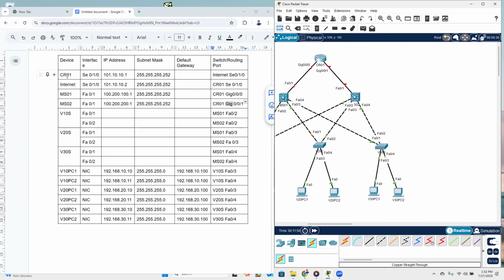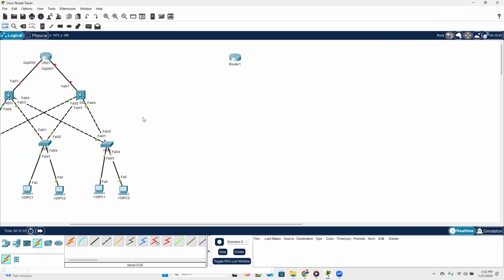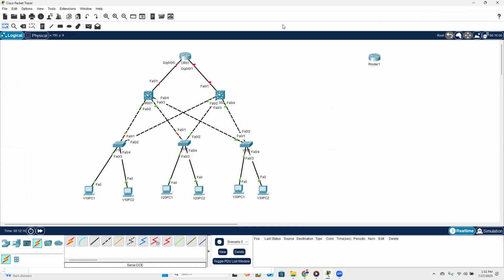You can see in the CR01, serial 0/0 should be connected to SC01 serial 0/0. So let's get a serial cable and click this. You can see there are no serial ports. It's okay. So I'm going to maximize this window, right? And I'm going to click